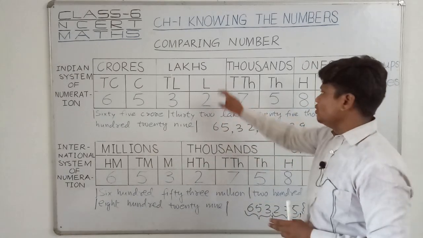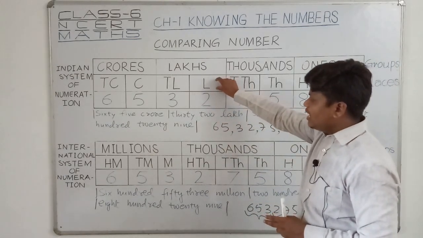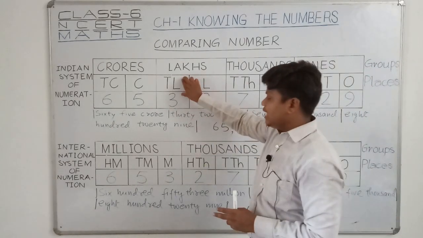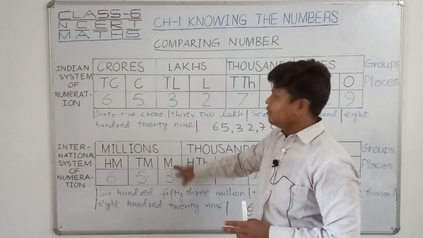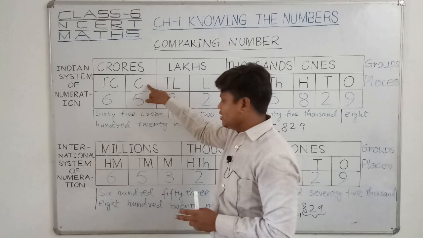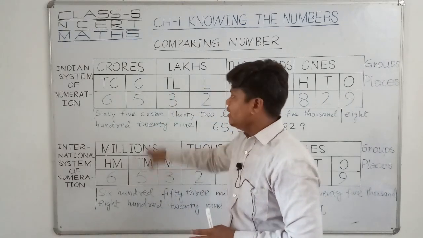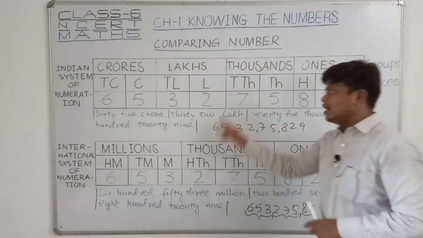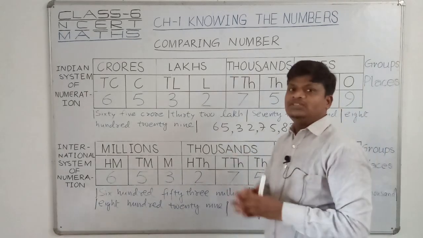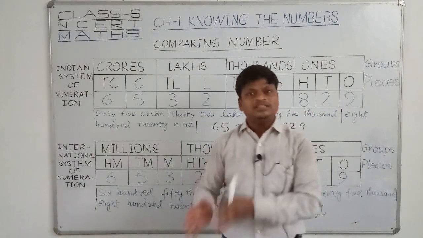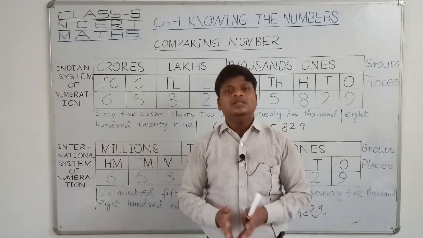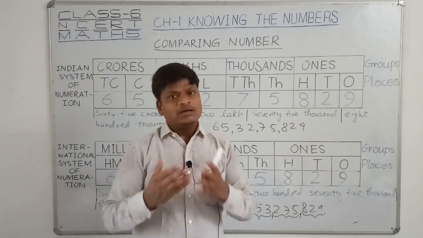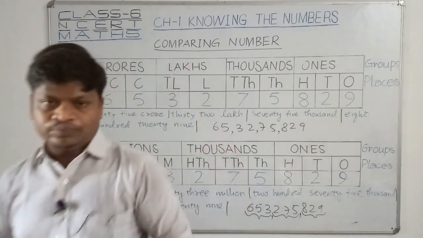But from the lakh in the Indian system and the thousands in the international system, you can see the difference, right? In the Indian system we can say that 1 lakh is equal to 100,000, right? And 10 lakh is equal to 1 million, and 1 crore is equal to 10 million, right? And 10 crore would be equal to 100 million. So just remember the comparison of these tables, so we can easily write the number in both systems, and we can understand the number as in the world, right? So I am just pausing this video, and I will continue with exercise 1.1 for you.